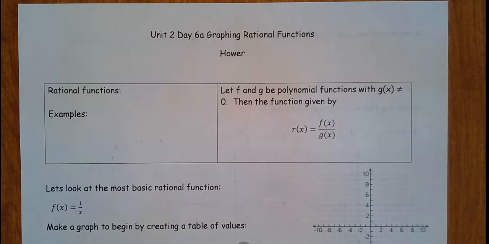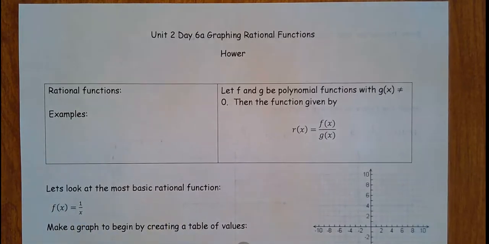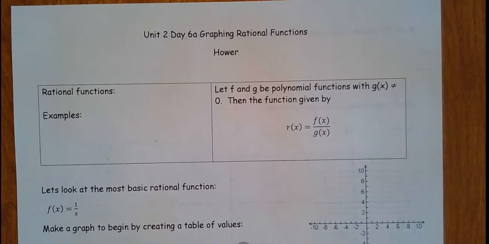All right, this is Unit 2, Day 6a. We're going to look at graphing rational functions. The word rational, sometimes we forget exactly what that means, but a rational function is a function that has a numerator and a denominator. So the top is a function and the bottom is a function. The simple definition is that rational functions are ratios